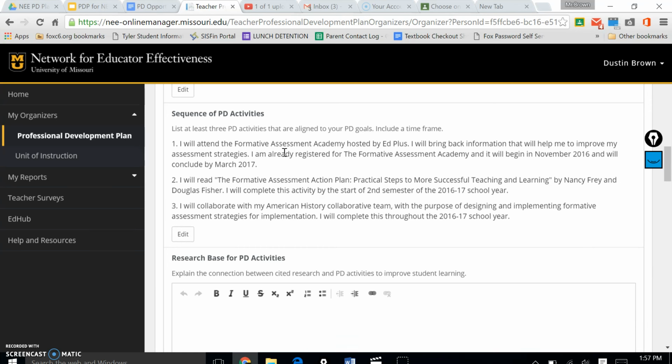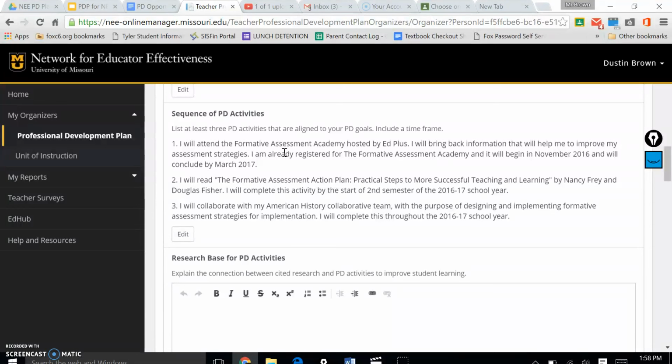Guys, there's no way we could afford to send everyone to workshops outside of the district for 3 activities. But there are simple things that will count as meeting these activities. Simply having a book study, collaboration with your professional learning committee, with your collaborative team, that counts as a PD activity as long as it's focused on the indicator that you're talking about. Reading scholarly articles,